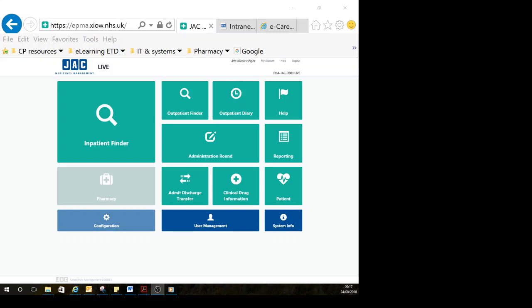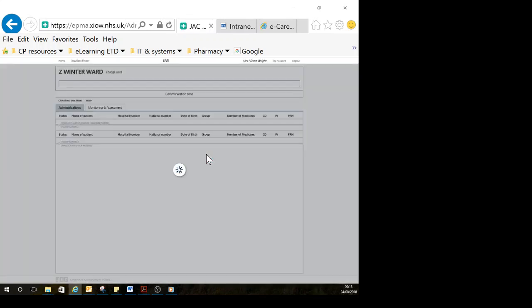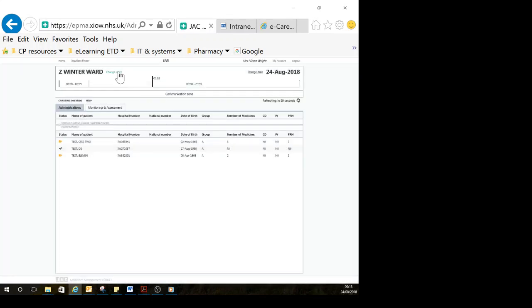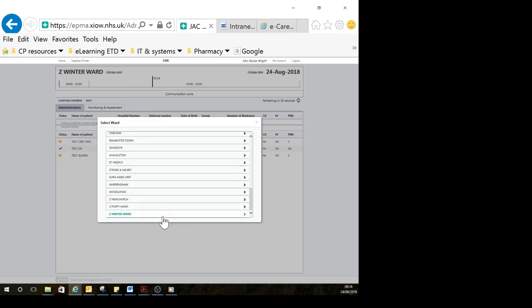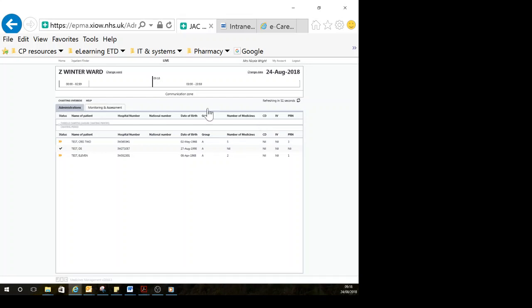When you want to administer something, you can either administer to an individual patient or you can administer on your drug round. To administer on your drug round, when you first log on to JAC and you see this home screen, you need to click this box that says Administration Round. You then might find a list of wards from which you pick the ward that you're working on, but if you've been logging in and out of the system, then it will remember for a short while which ward you're